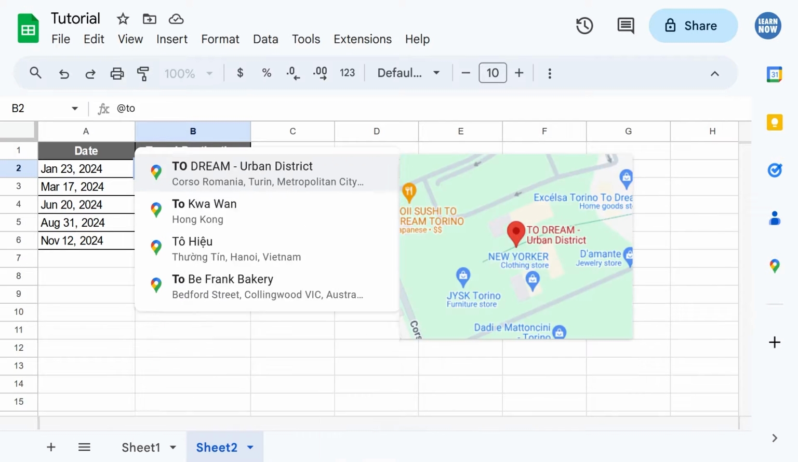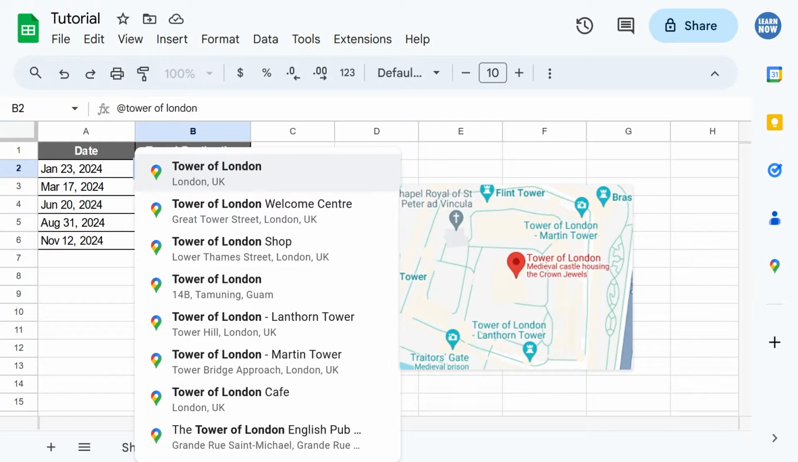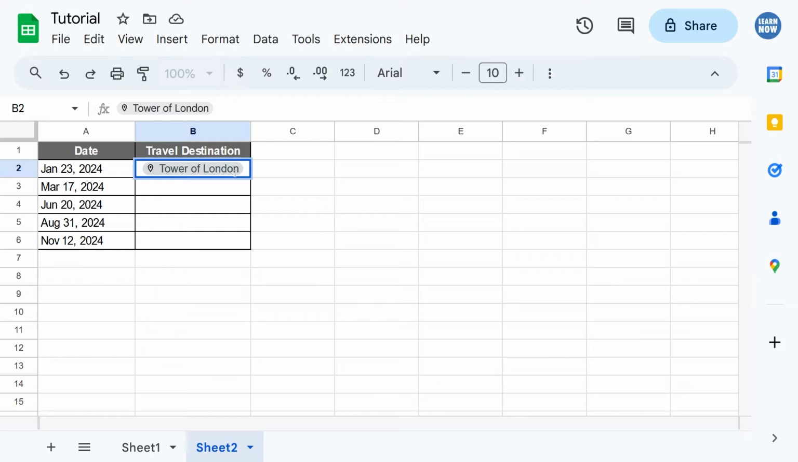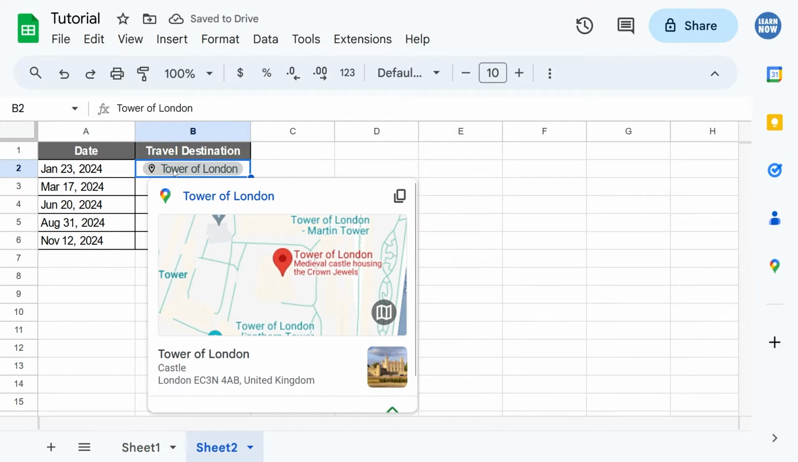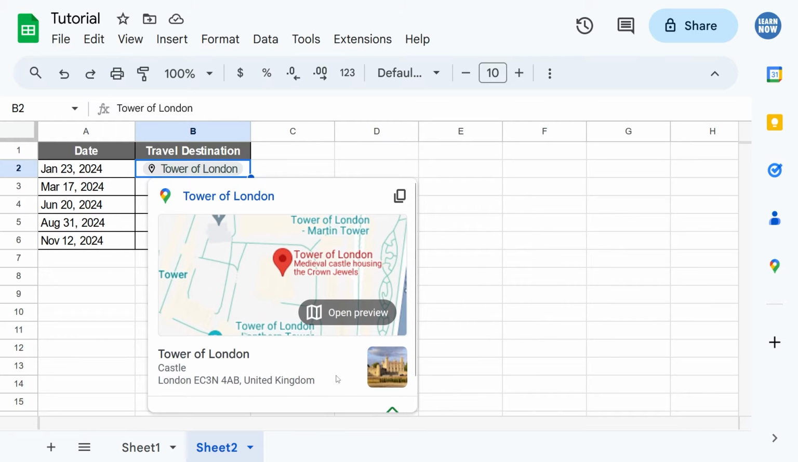So I'm going to go and search for something quite specific. So Tower of London, let's select this, and you get this really nice smart chip. If I hover over it or I click on it, you get this pop-out modal, which is very similar to using Google Maps. I can even do things like check for directions,